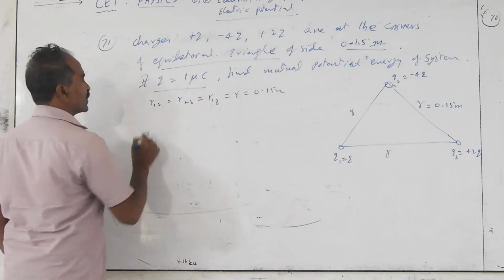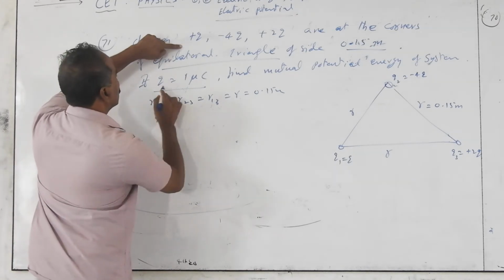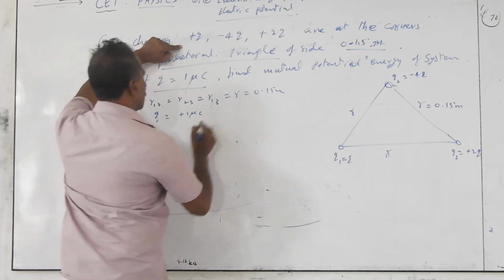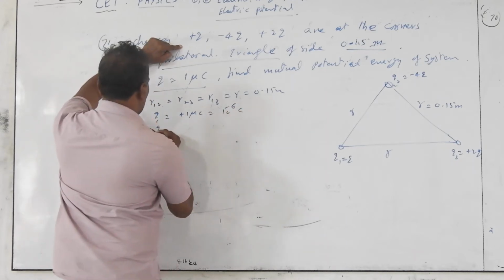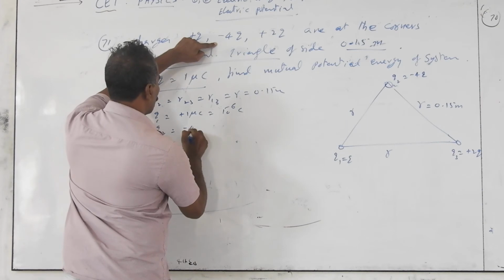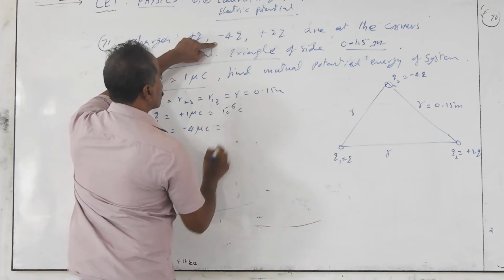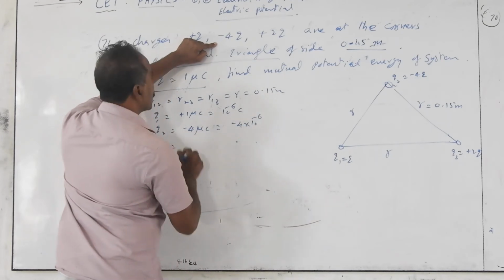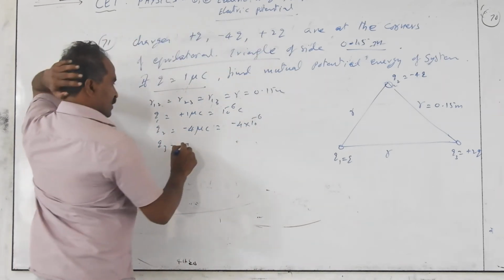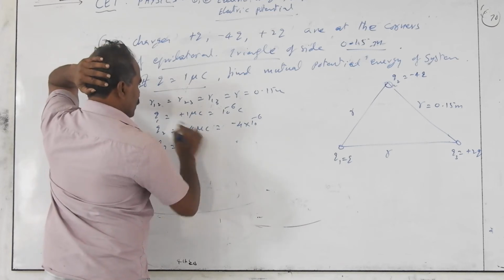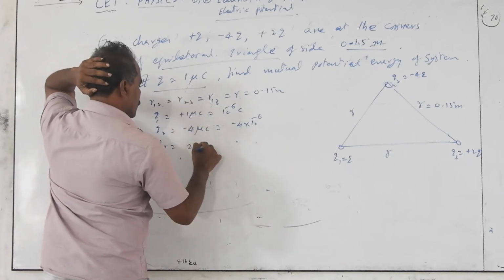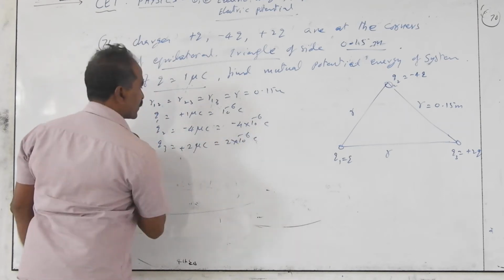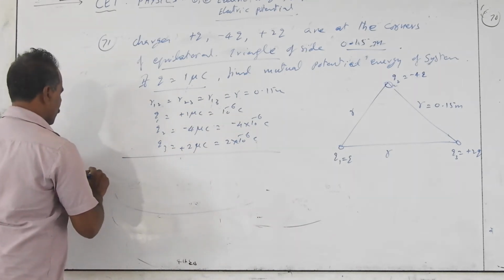All are equal. And Q1 is plus 1 microcoulomb, meaning 10 to the power of minus 6 coulombs. Q2 is minus 4Q, minus 4 microcoulombs, minus 4 into 10 to the power of minus 6. Q3 is 2Q, where Q is 1 microcoulomb as mentioned, so 2 into 10 to the power of minus 6 coulombs. Total potential energy is equal to